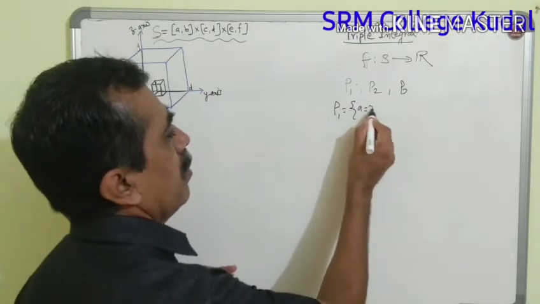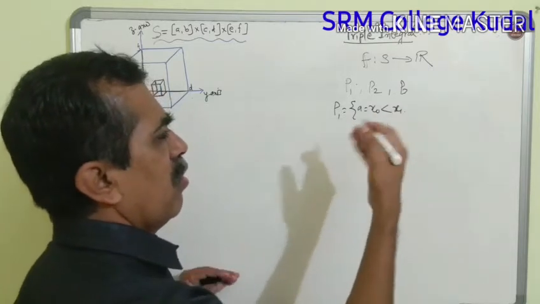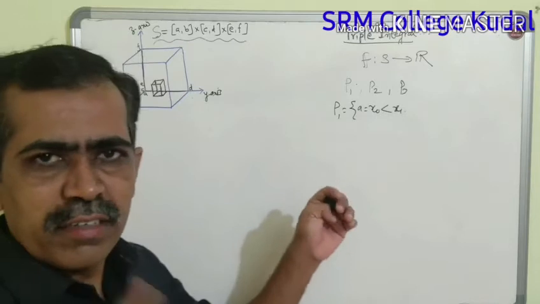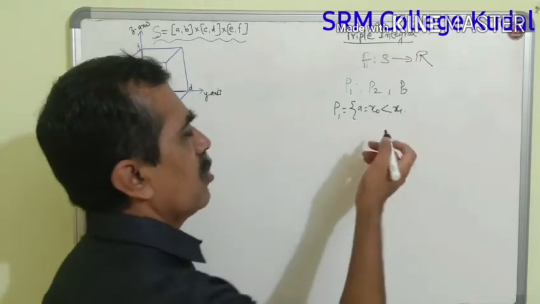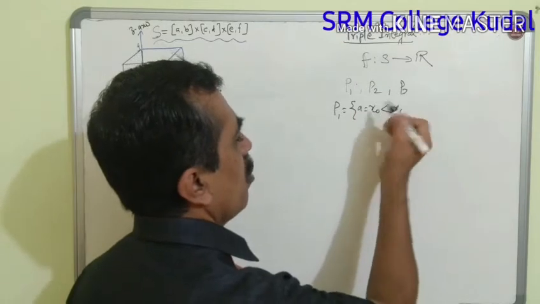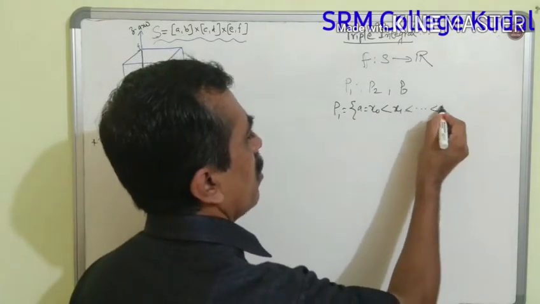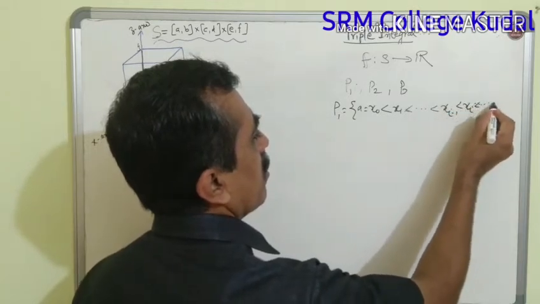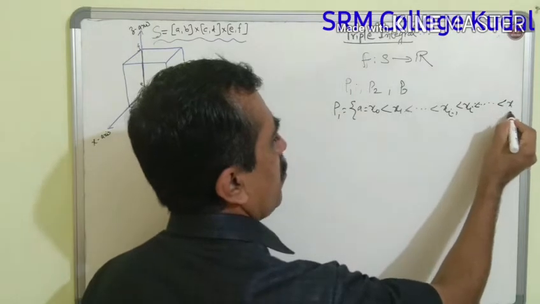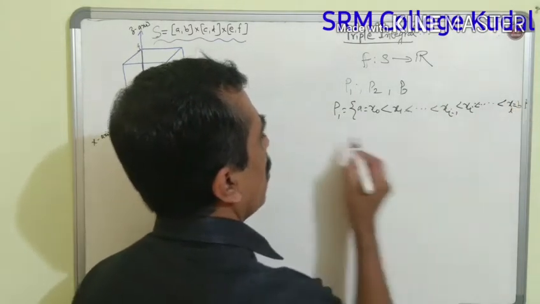a = x0 < x1 < ... < x(i-1) < xi < ... < xl = b. You may write a comma here, or because it is an ordered set, we put it in this notation. These are different notations. And P2